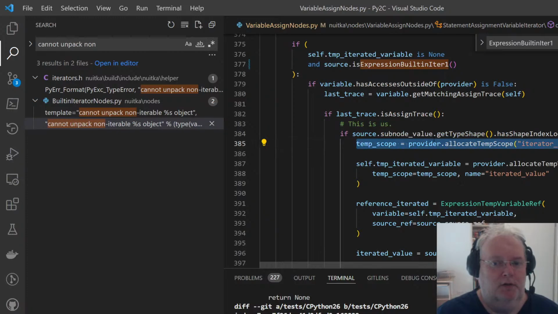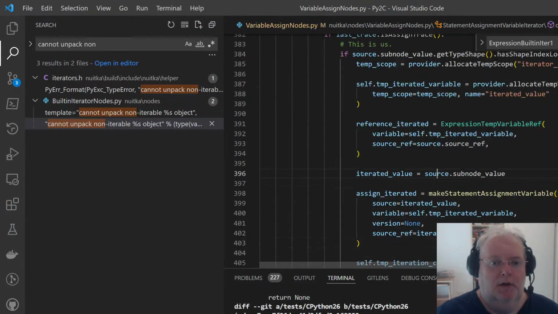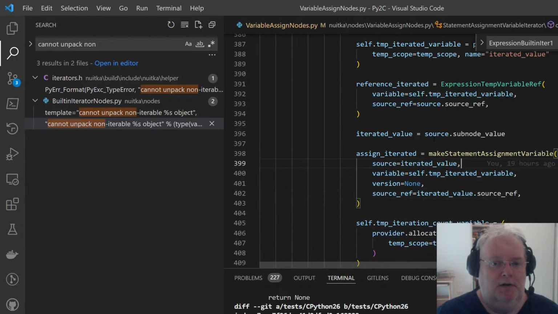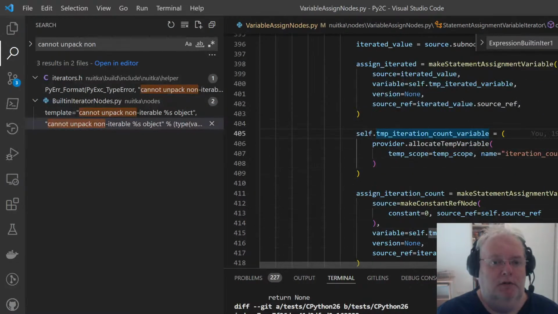So that's needed to keep the variables non-colliding. And then we allocate an iterated value variable and create a reference to the iterated value itself, and then we assign it, creating an assignment variable statement. We create the count variable.